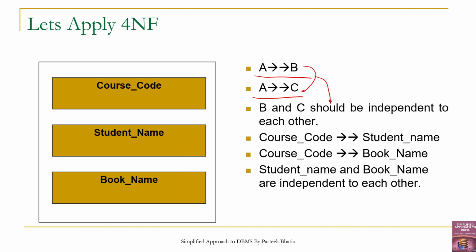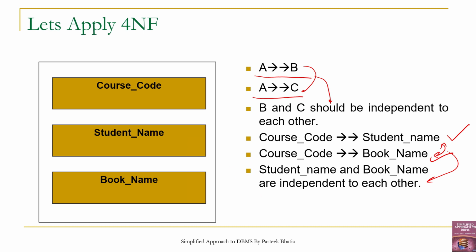So here A will become our course code. For one course code, you know that we have multiple values of student name. For one course code, we have multiple values of book name. And of course, student name and book name are independent of each other. It means that you are studying DBMS, and this is completely independent from the books which are written for the DBMS course. It means that if there is X book available for DBMS, the book has not been written because you are studying this particular course, or you have not joined a particular course due to a particular textbook only.